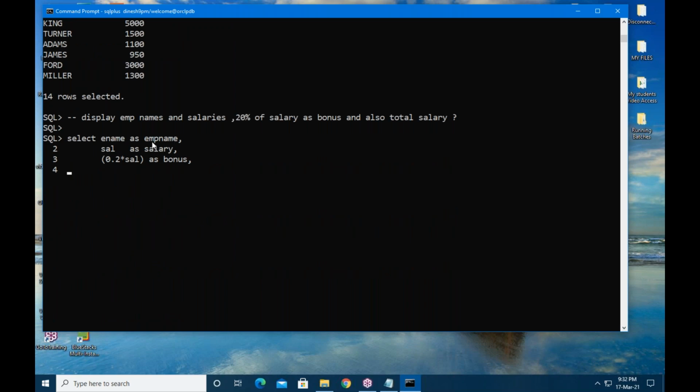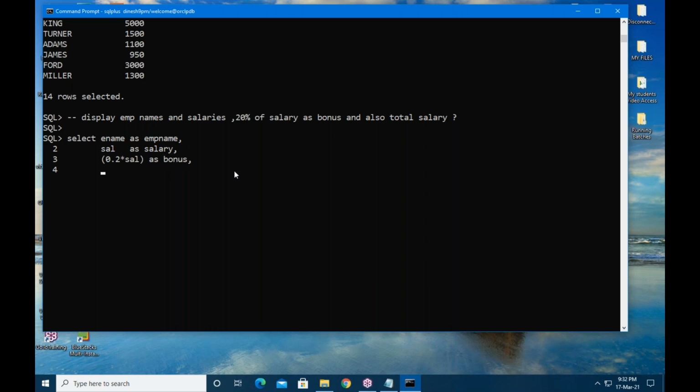Understand carefully. This is a title, temporary title. This is also a temporary title. It is a column. This is an expression. For this also I am maintaining temporary title bonus.